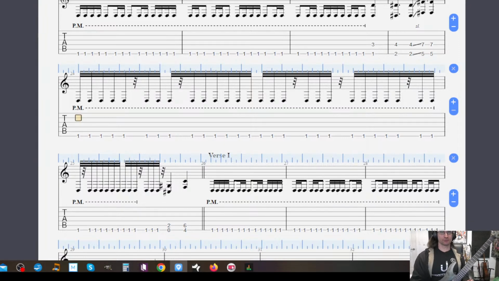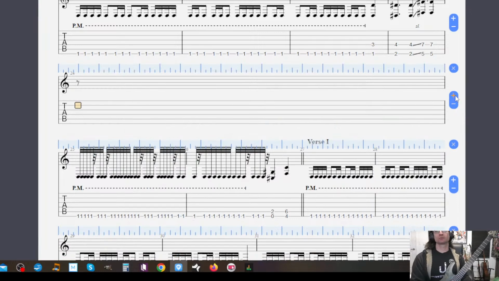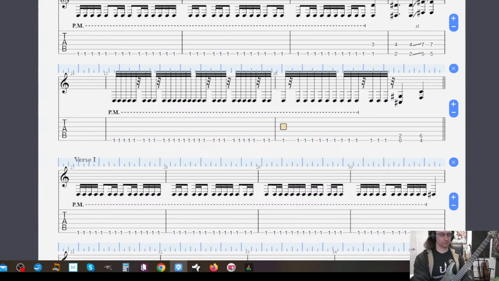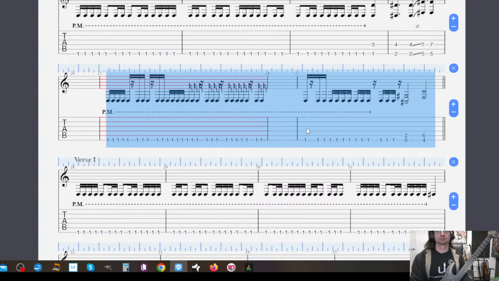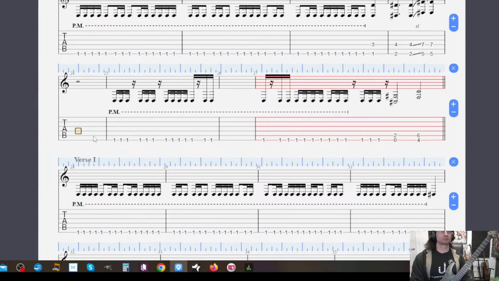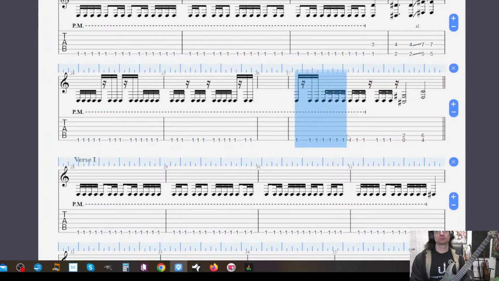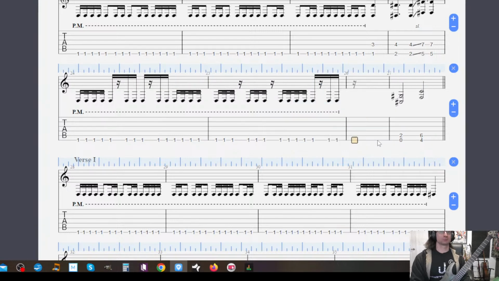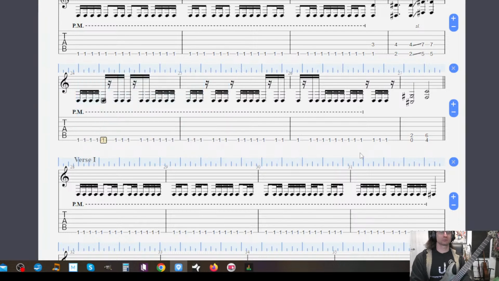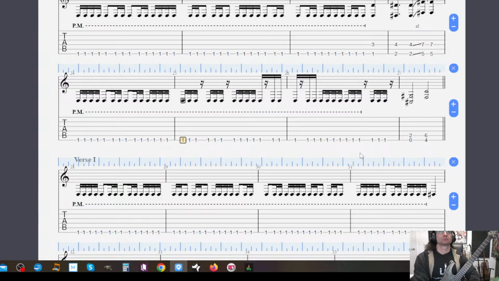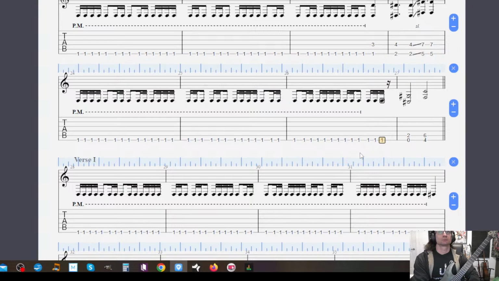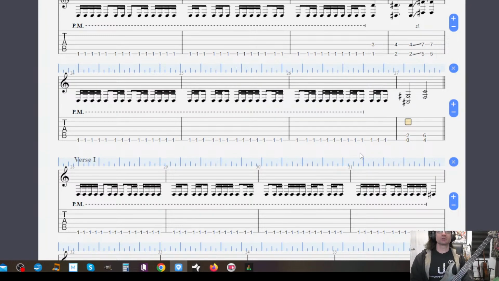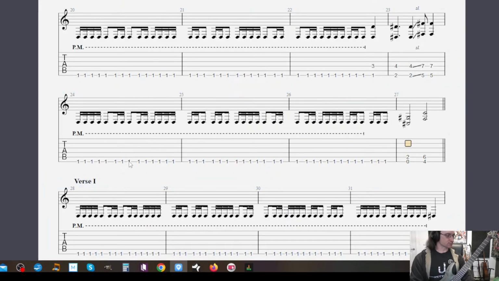And then this little break before the verse kicks in. Alright, there's that last bit of what's labeled main riff on this version of the tab.